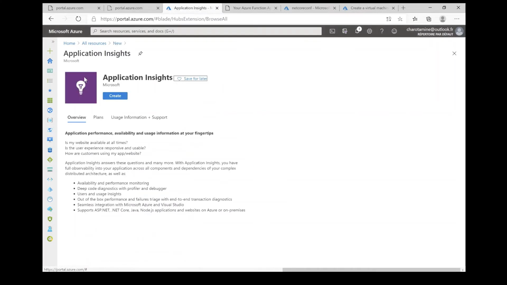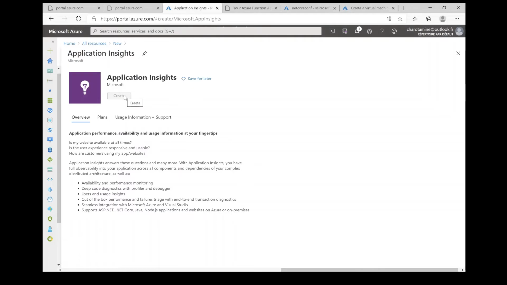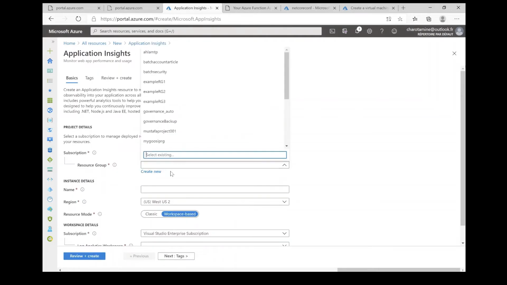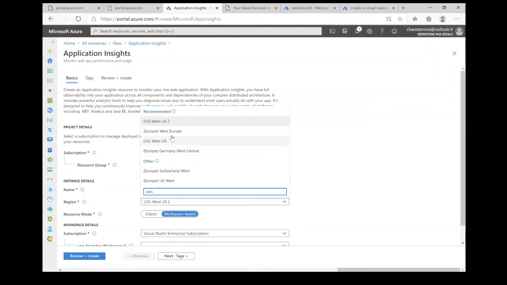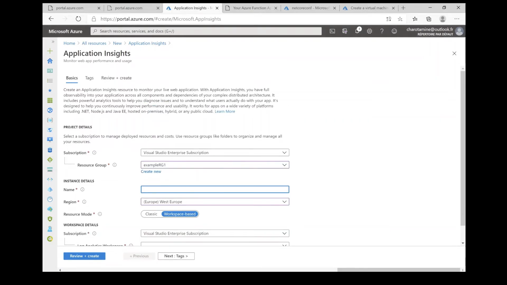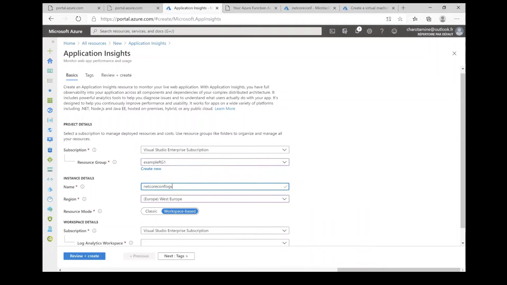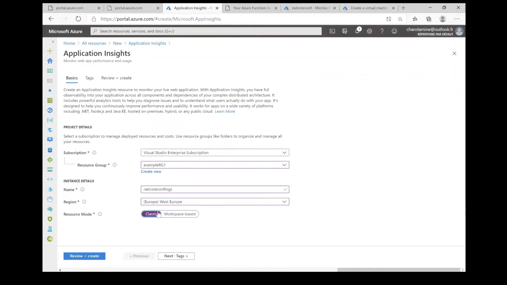West Europe. All right, let's call it, I don't know. Here we are going to choose the classic